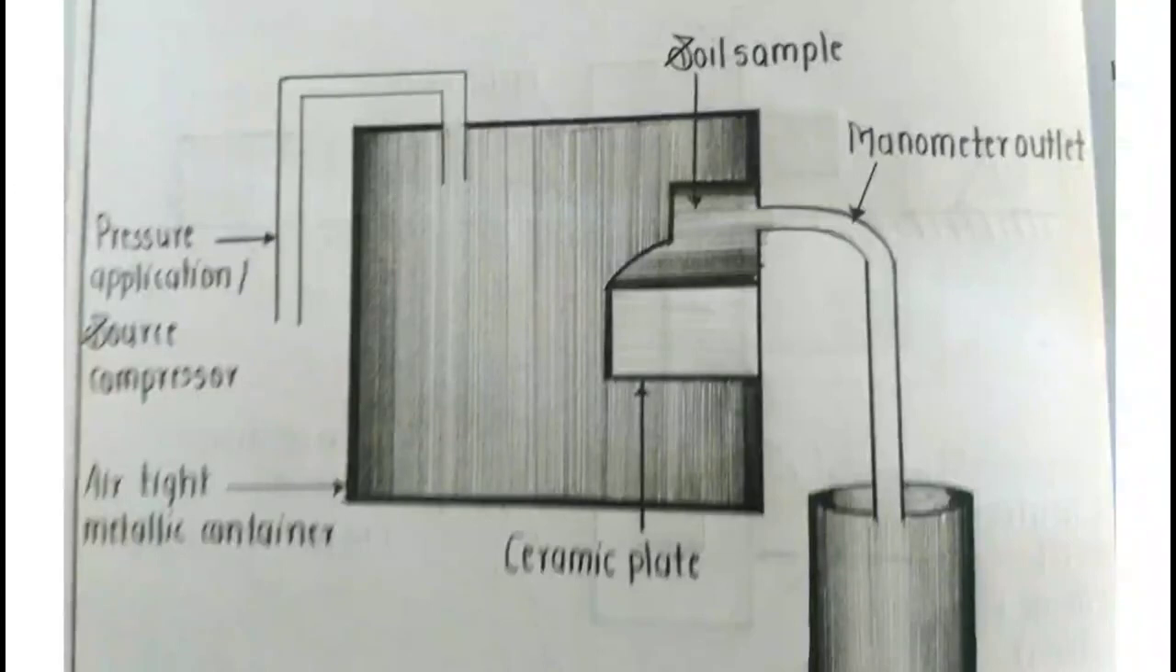Okay, so these are the 3 important methods. There is one more method, the neutron probe, but that is not so important. So these are the 3 important methods for determining the soil moisture. Okay,